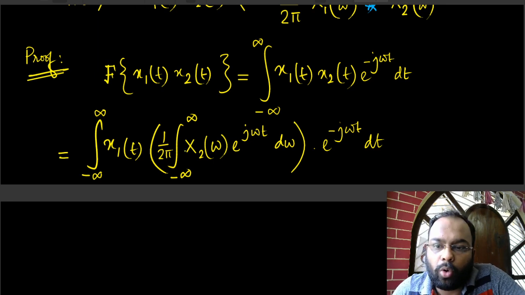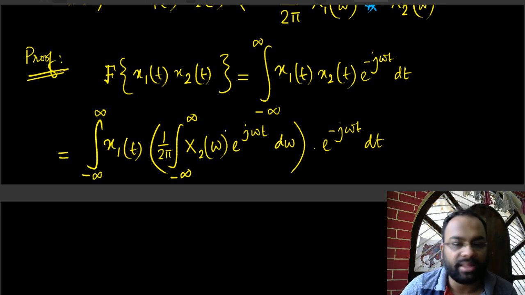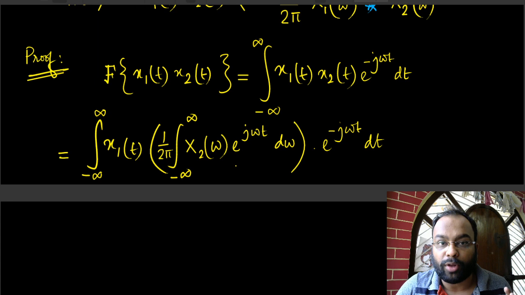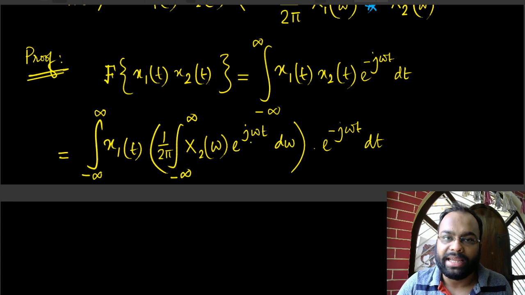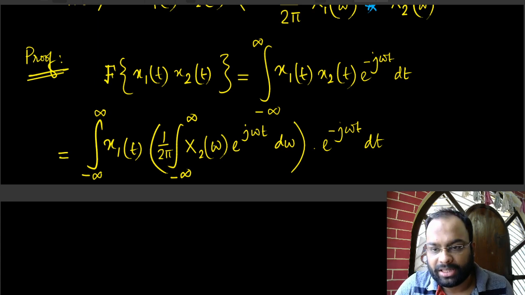Now, one important point to note here is that after doing this integration for the inverse Fourier transform, the result is in terms of t, not in terms of omega, right? So this omega is nothing but a dummy variable as far as we are concerned, because this is going to be treated like a definite integral, and after doing the integration, omega will be replaced by the upper limit and lower limit. So only t will remain as a variable. So omega is a dummy variable, right? So omega can be replaced by something else, for example,